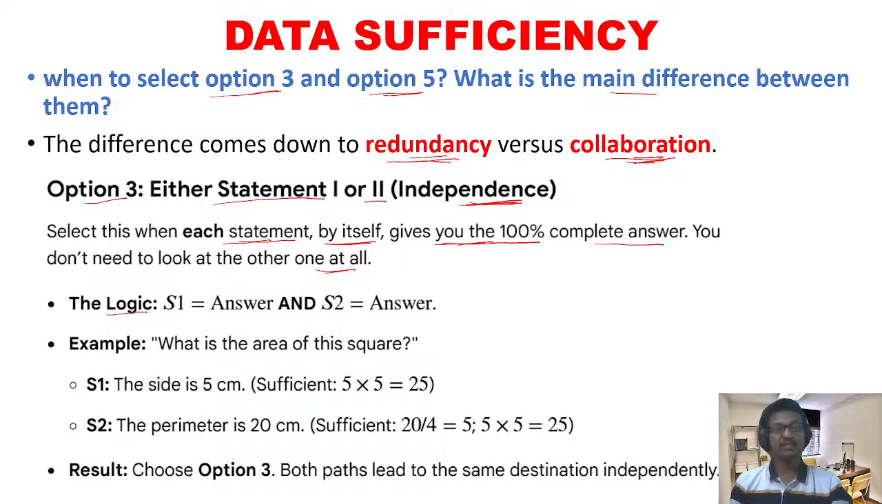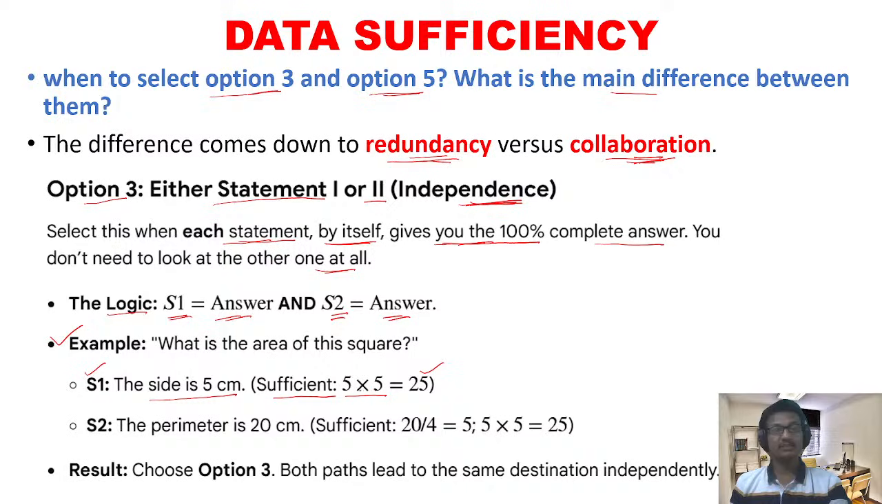The logic will be like this. Statement 1 gives you the answer and statement 2 also gives you the answer. Let us take an example here. The question is: what is the area of this square? Statement 1 is given like this: the side is 5 centimeters. If you look at statement 1, this is sufficient to find the area, because when you know the side of a square, you can find the area by side multiplied by side. 5 into 5, 25. That means you are able to calculate the area of the square. So statement 1 itself is sufficient